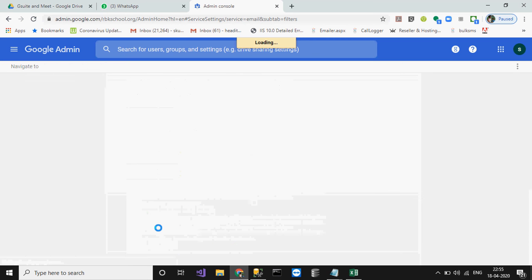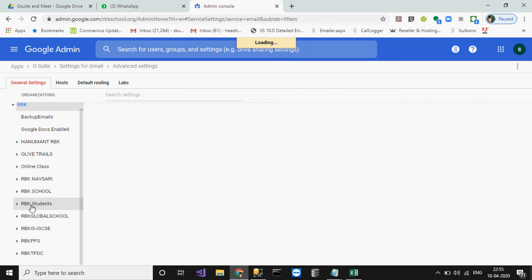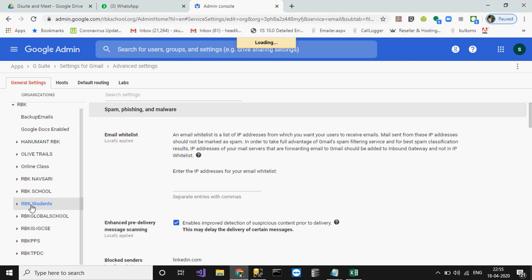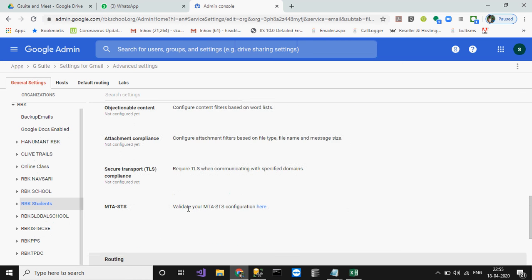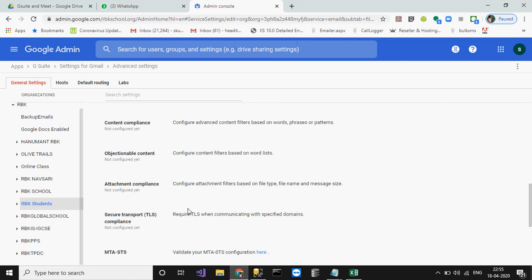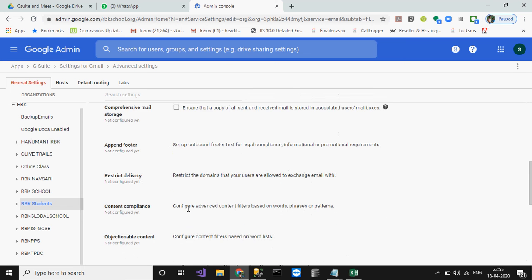When you click on the advanced settings, all the OUs will reflect on the left-hand side. So select the particular OU. I have all students in that particular OU. Now here you can see all the settings. So all policies you can define under this section.